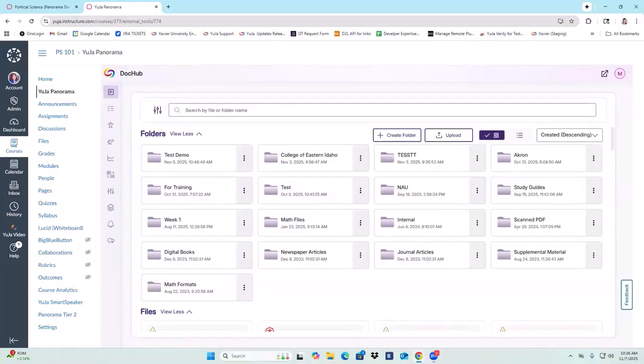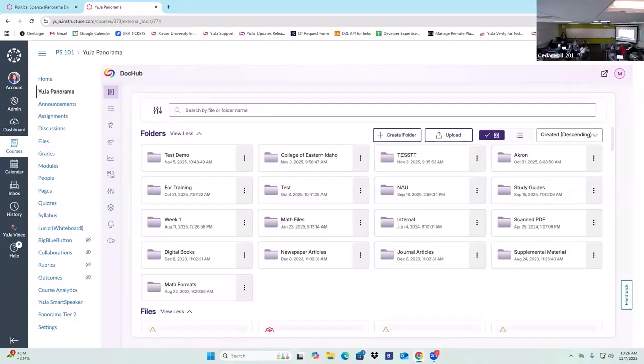Sure, no problem. And students can also use the single sign-on Panorama link that's been in the chat. I will also put it on the GatorNet page. In addition to that, in the course, students will see the blue accessibility icon for alternative formats, regardless of whether Panorama is on your course menu.